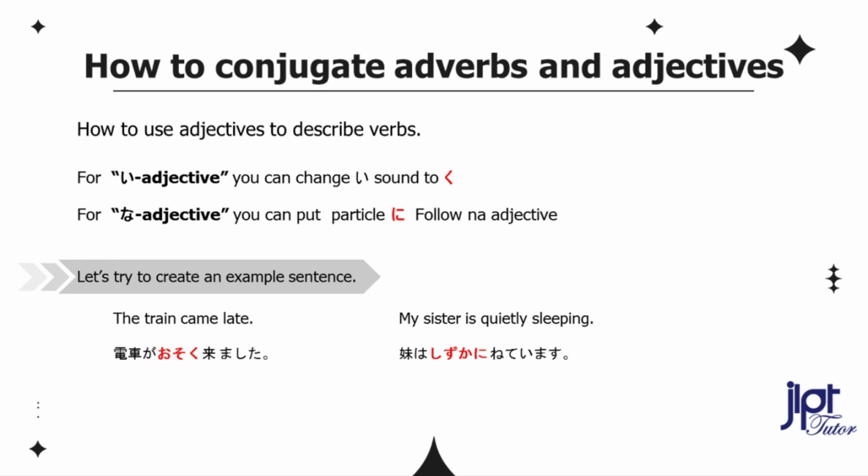How to conjugate adverbs and adjectives. Now let's learn how to use adjectives to describe verbs. For e adjective, you can change the e sound to ku sound. And for na adjective, you can put particle ni. Follow the vocabulary. Let's try to create an example sentence. The train came late. 電車が遅く来ました。